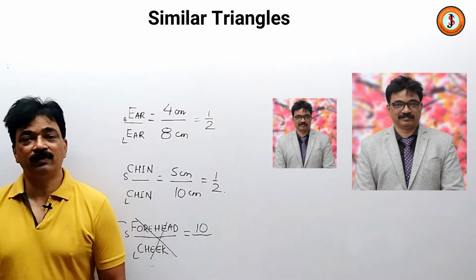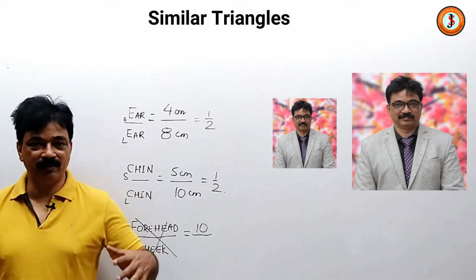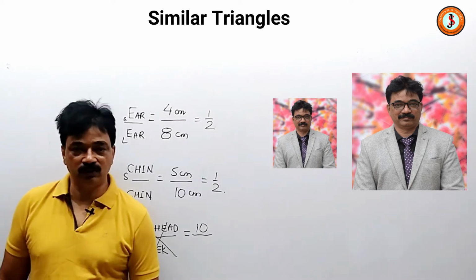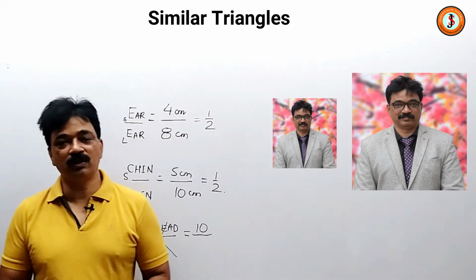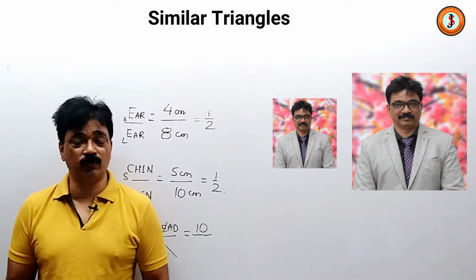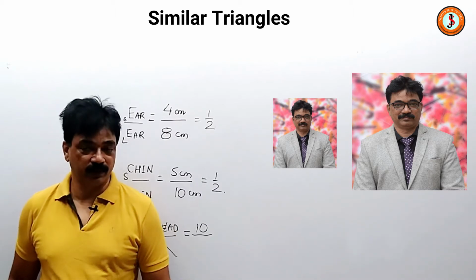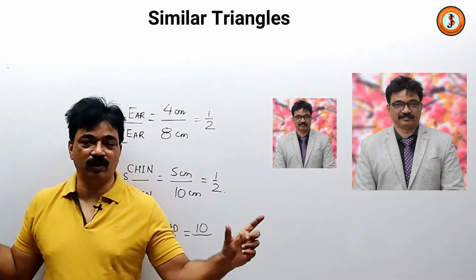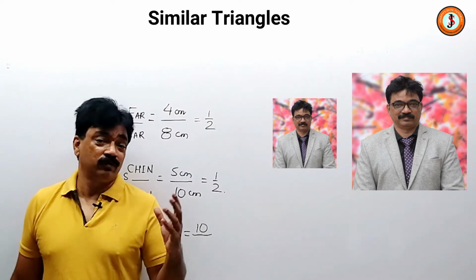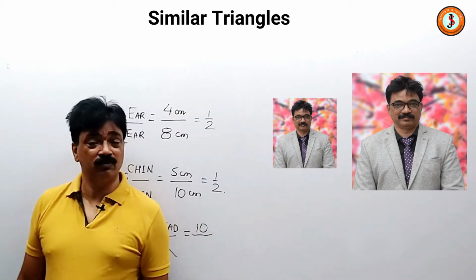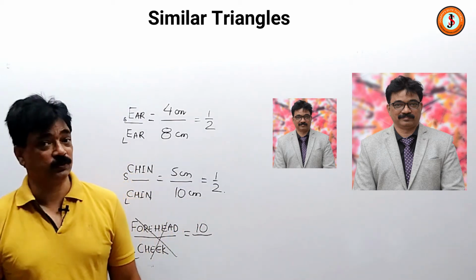Alright? Similar figures are either magnified, diminished, or congruent images of each other. This you should know, that same size photos are always similar as well as congruent. Same size photos developed from the same negative, I mean to say. It's not that the same size photo and different people on this photo. If you are taking your photo developed from the same negative and all of them are of the same size, they are congruent also and they are similar also.